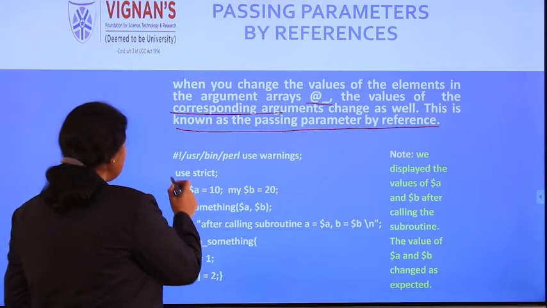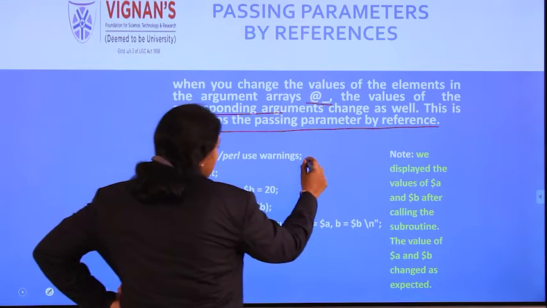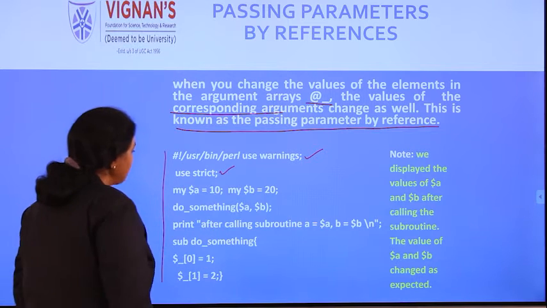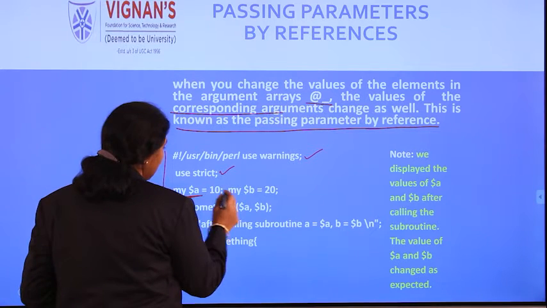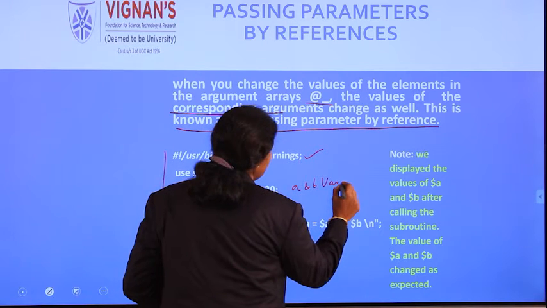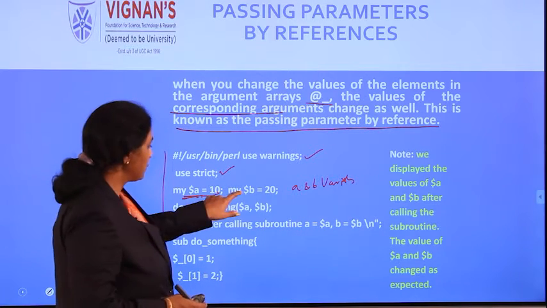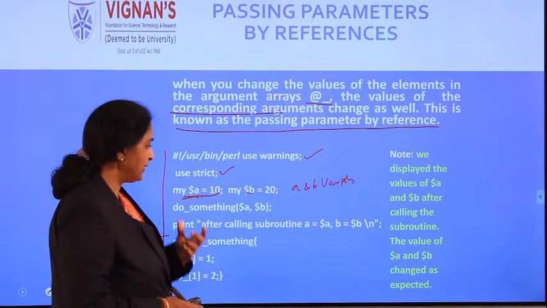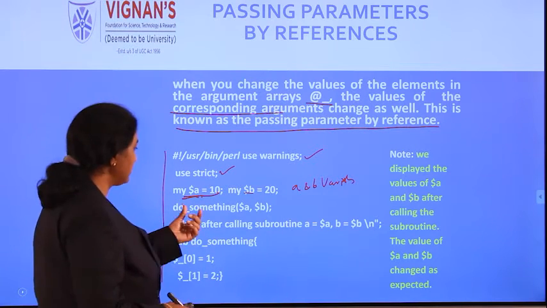Now let us see the example. Here you can understand easily. First is the installation of the compiler, and there is no problem there. Now first you see my A. You are creating the A and B variables and also initializing them. A is initialized with 10, B is initialized with 20. Those are the initial values of A and B.